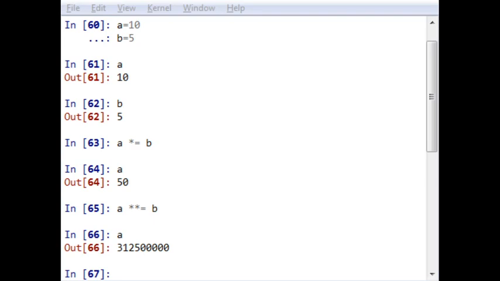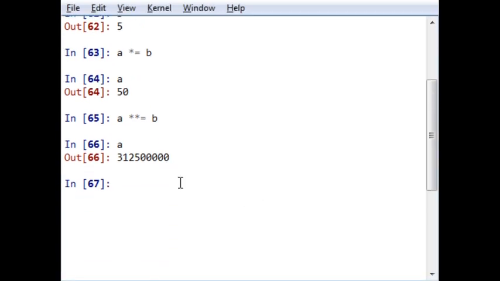Now one more operator is left, the last operator, that is the percentage and equal to sign. Let us check it. This particular sign stands for the remainder operator. If I go for the remainder operator, the value of a will be different.